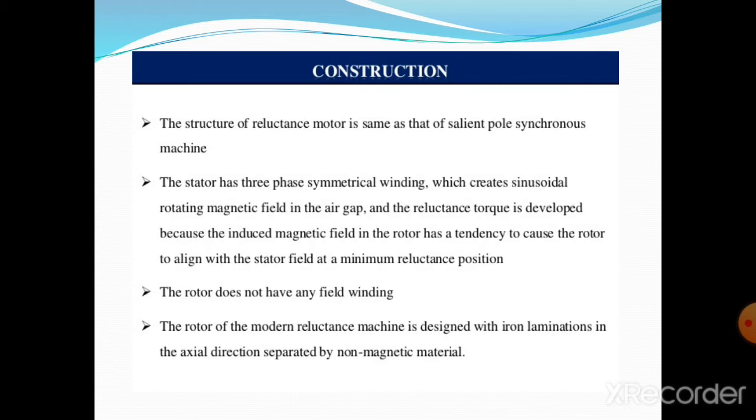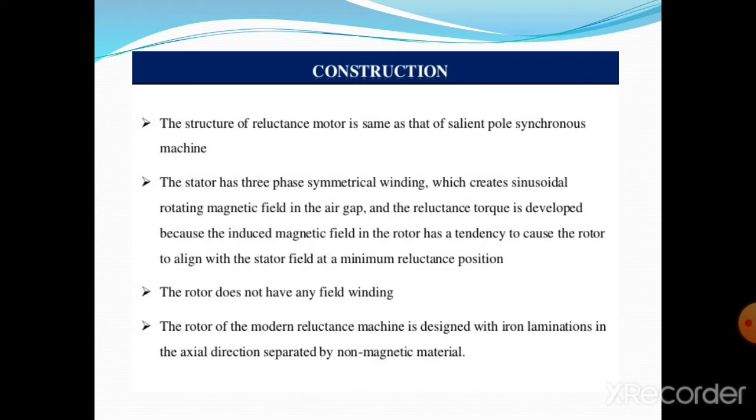These are the open slots. And next is the semi-closed slot. Semi-closed slot means multiple slots which are placed at an even pitch angle. The open slot structure of coils may be used either for low power or for 2 or 3 phase motors for higher torques.